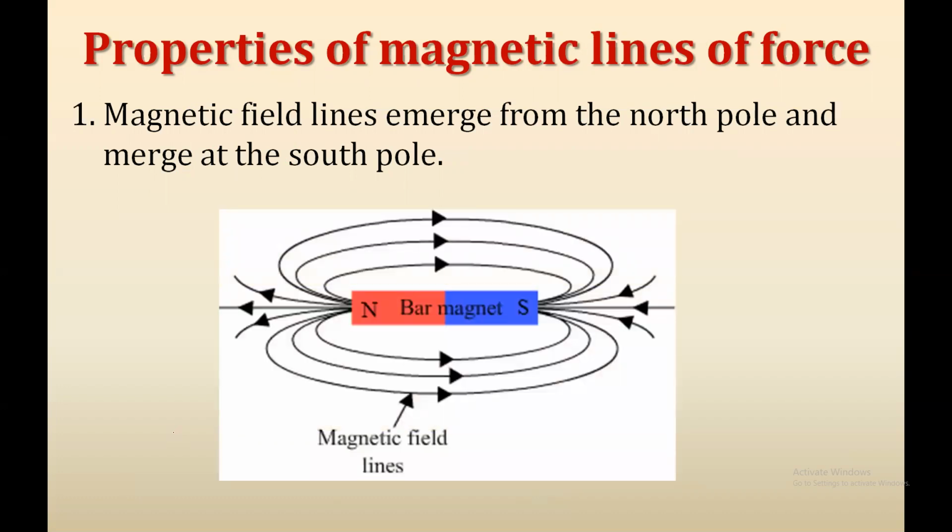Now you can see that diagram. If you see here, this is the magnetic region. These magnetic lines are always originated from the N pole of the magnet and they terminate at the S pole. Means can we say that the magnetic lines of force also always take a closed curve path? Of course, yes, because they always originate at the N pole and terminate at the S pole.